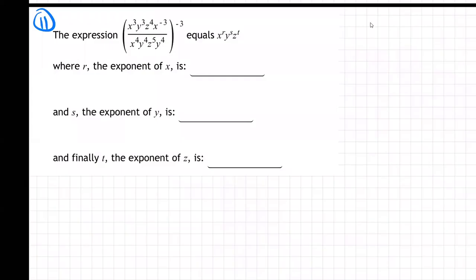Okay, so on this question, we have a whole bunch of X's and Y's and Z's to powers, and then a power outside. And in the end, they want the final answer for the powers, the exponents of X, Y, and Z. So what you should do first is simplify the inside. It's going to be easiest to work on the inside of this problem first. Don't worry about that power yet. Let's just work on the inside.